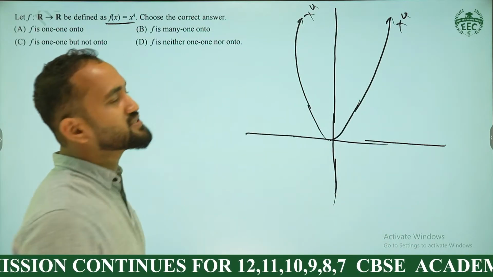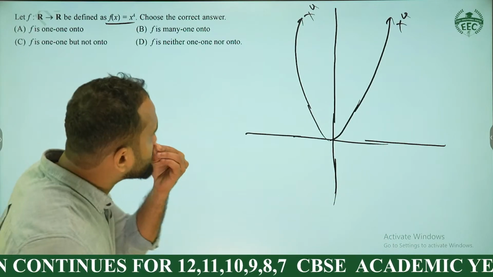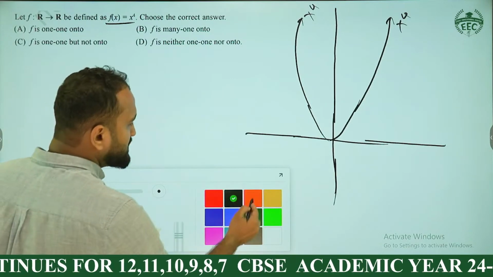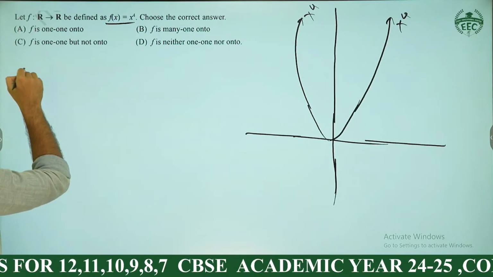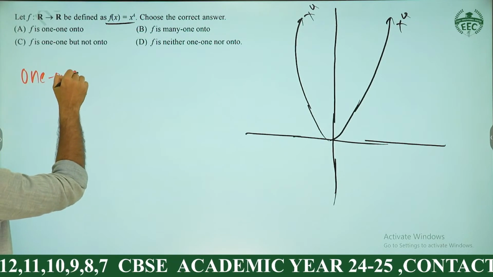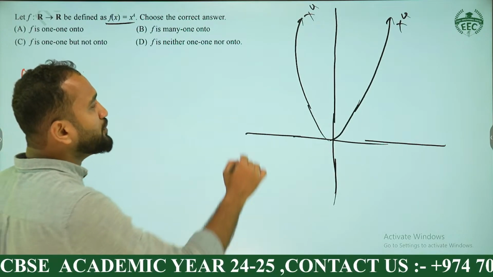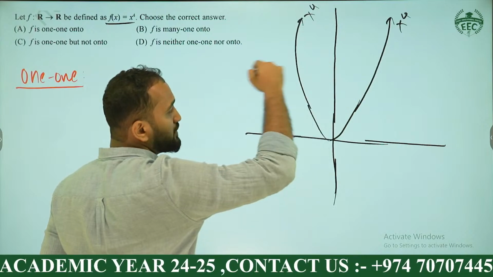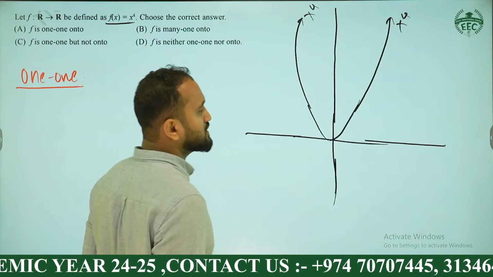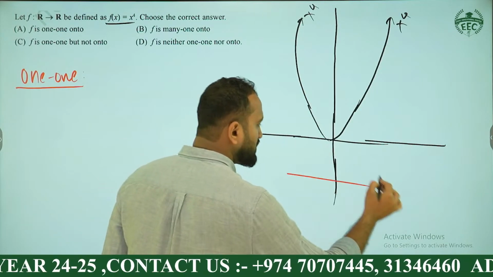X raised to 4 will be this curve. So, by looking at this curve, how could you prove that this function is 1, 1 or not 1, 1? Check by injectivity. You have to do one thing. You have to draw any line parallel to the x-axis. You can draw over here, here,